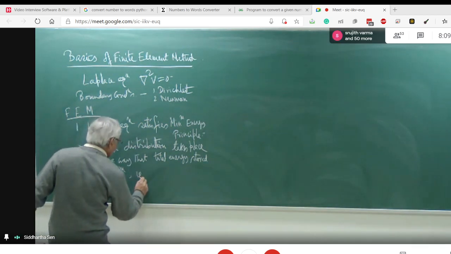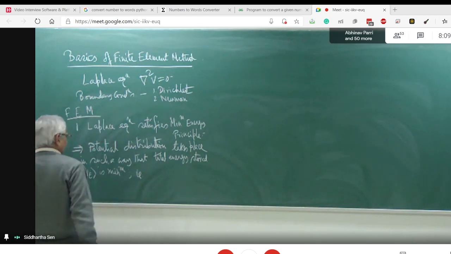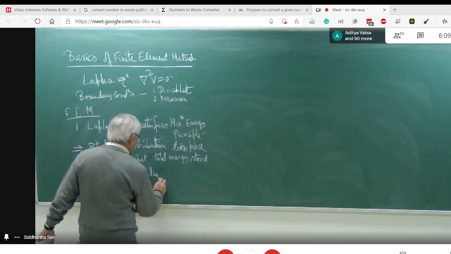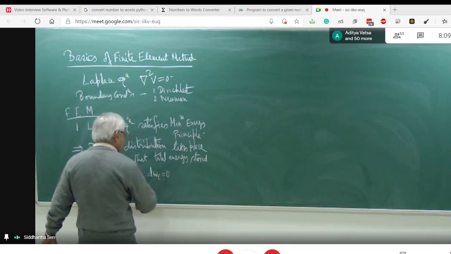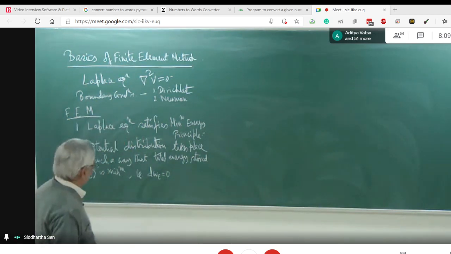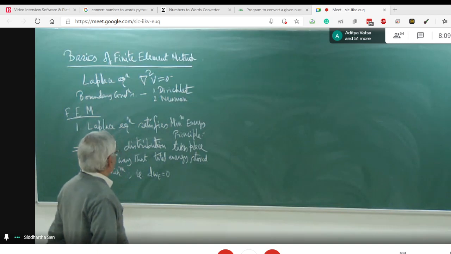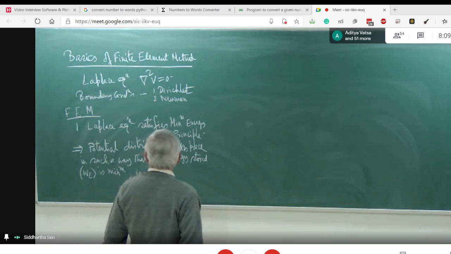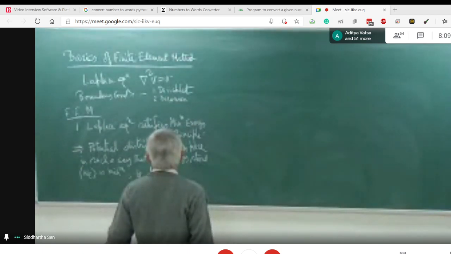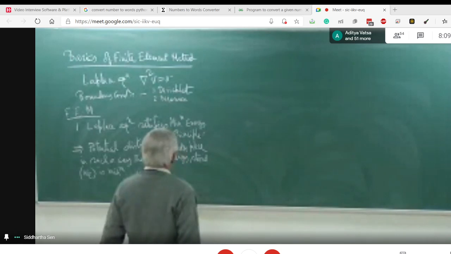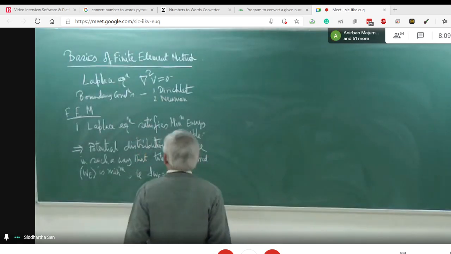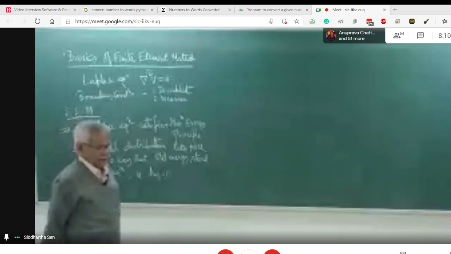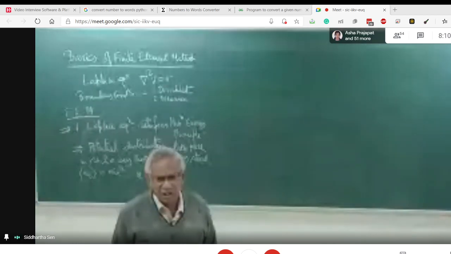So basically this WE is there. If we just around that point put some parameter variations or change something there, the change in the total energy stored will be minimum. So by using this principle, we would be solving the Laplace equations using finite element method. But first important thing is that this has to be established. This has to be established.